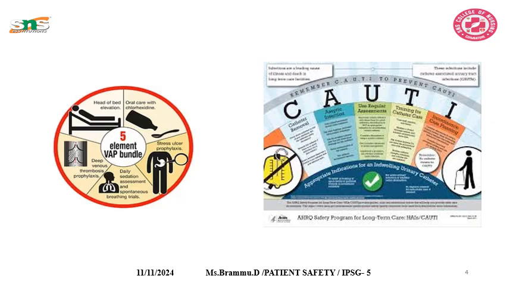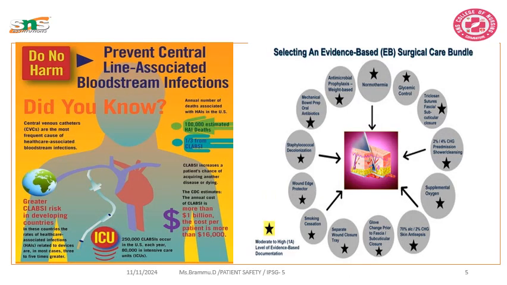If the patient is on a catheter, then we have to plan for the catheter associated urinary tract infection prevention bundle. This will be carried out before insertion, during insertion, and after insertion. And in order to prevent central line associated bloodstream infection, we will be using the CLABSI bundle, which is nothing but having the patient's temperature normal throughout